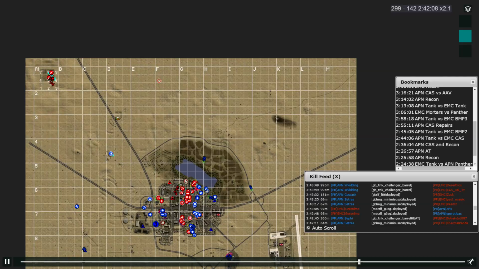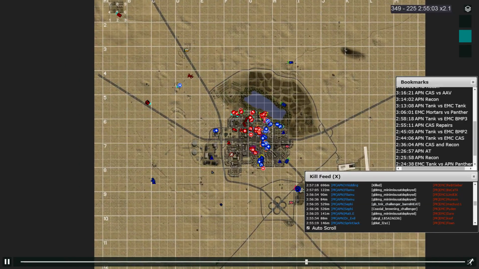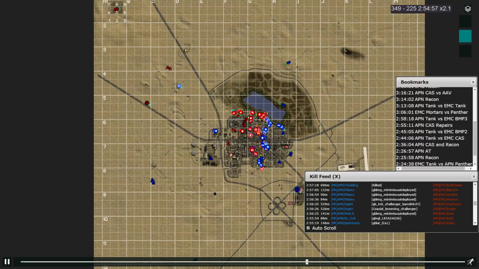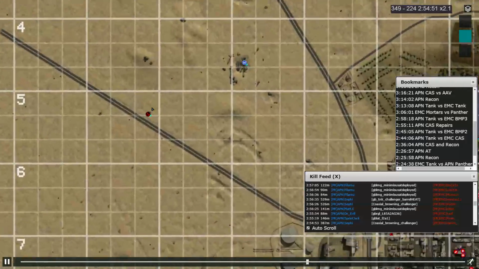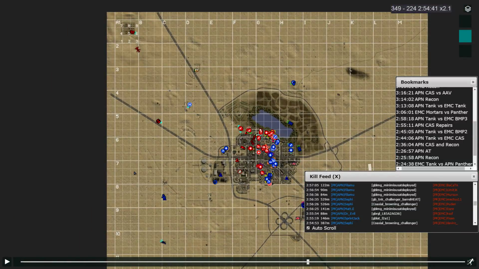Okay, now we're gonna go back a bit to see another interesting situation, which is after the APN tank retreated after killing the BMP. There's still a BMP that's right here, just stationary. I was actually watching this live and thinking this APC is in this position for a reason. And what came to mind right away was is probably on a bump in the terrain or a ditch, trying to get a higher angle at the air so that you can try and hit the enemy CAS. That was my thought. And a bit after that